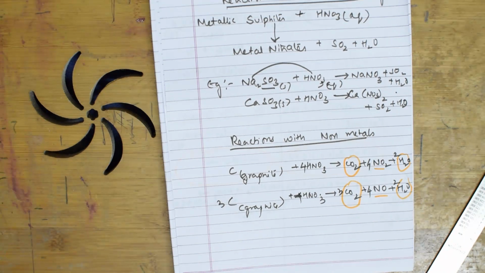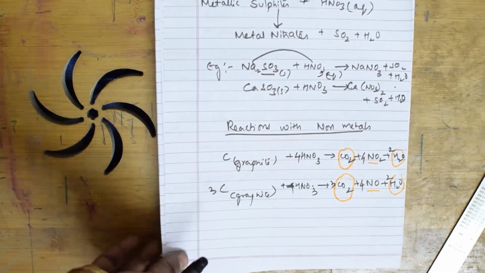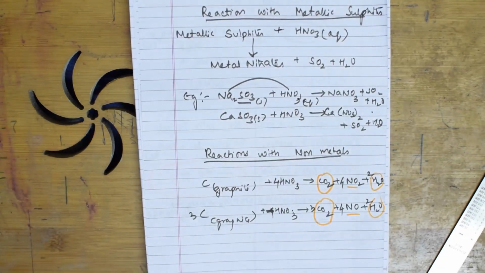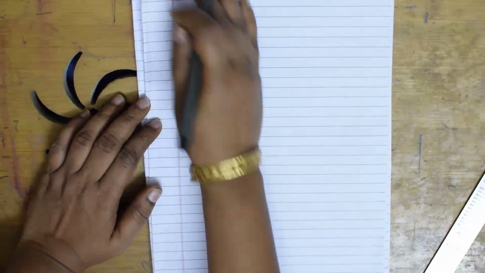Next thing, last but not the least, what will happen when your nitric acid is concentrated? Now till now we were doing dilute. Now let's see what will happen when concentrated nitric acid reacts with the following. Right, let's list out those also. The last column means, with this I've covered all the reactions of nitric acid. Now let's see